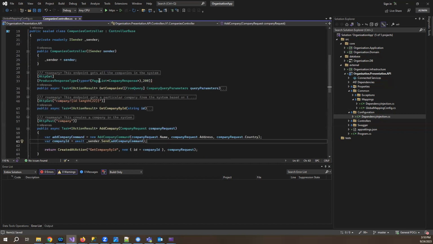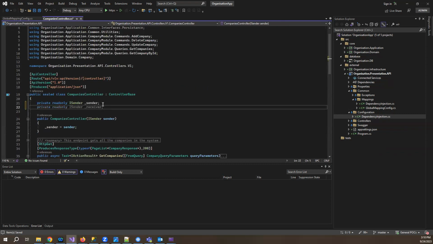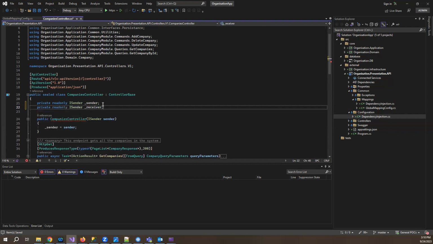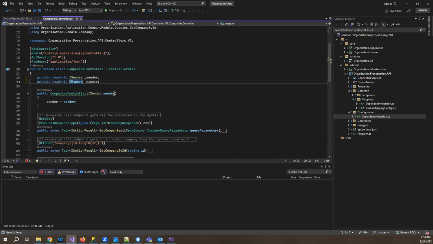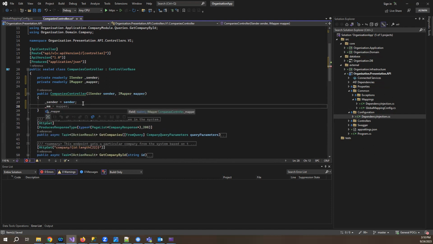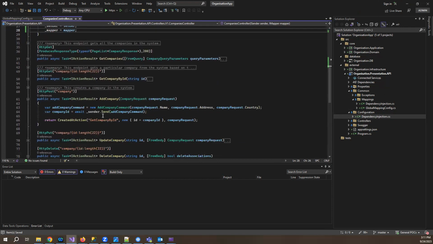map them. So for mapping, first thing we need to do is just do the dependency injection. It is private readonly IMapper. Let's call it underscore mapper. Include the Mapster library. And then also inject this inside the constructor. And then we'll just map it here. Once that's done, we can just directly use it